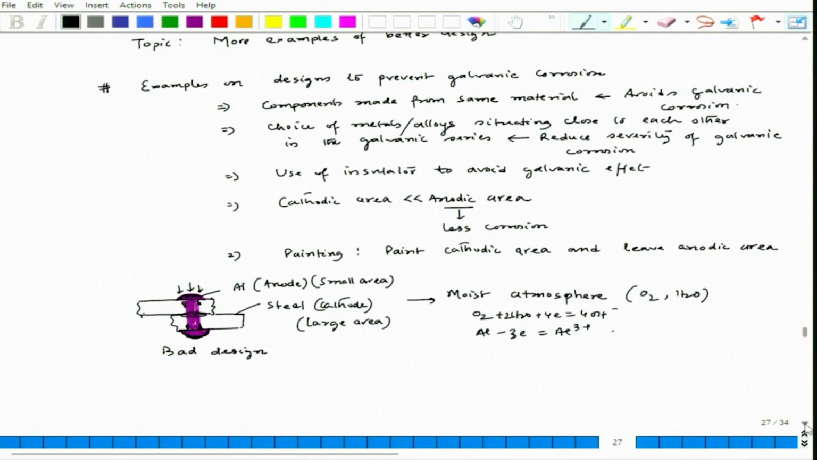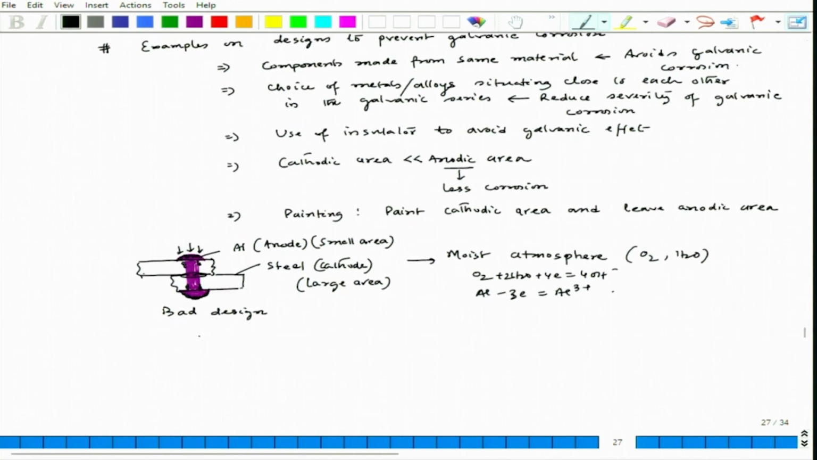So, the better design would be no active metal fastener. Better to have a noble anode. So, when we have a noble anode for the fastener,